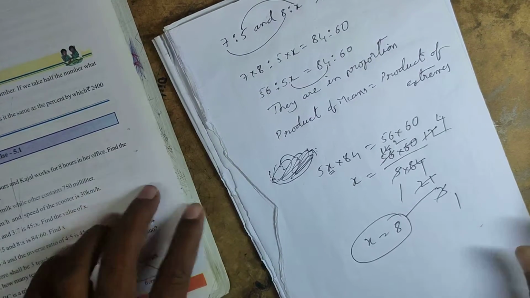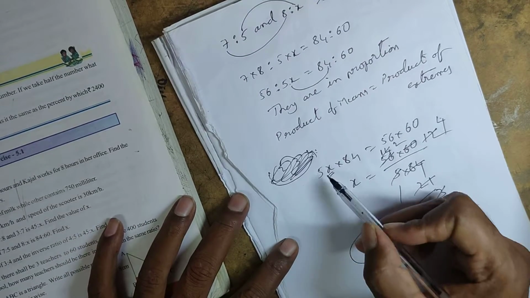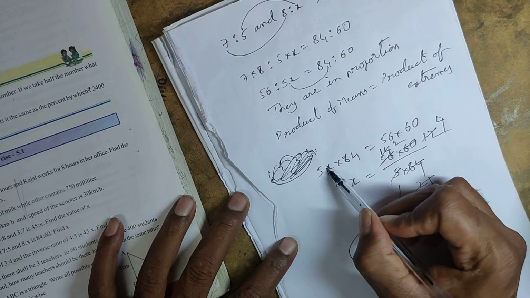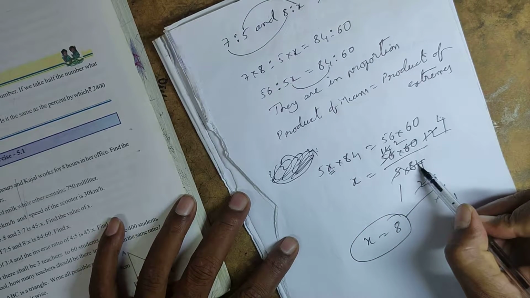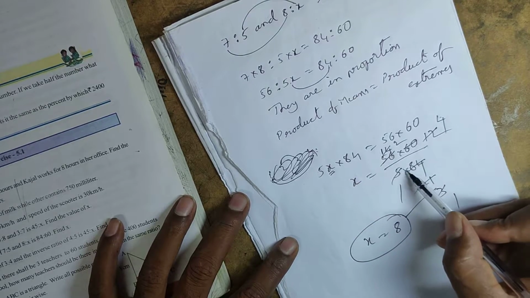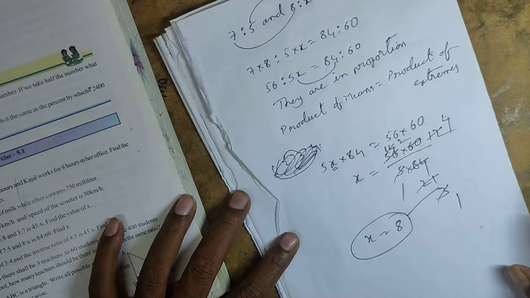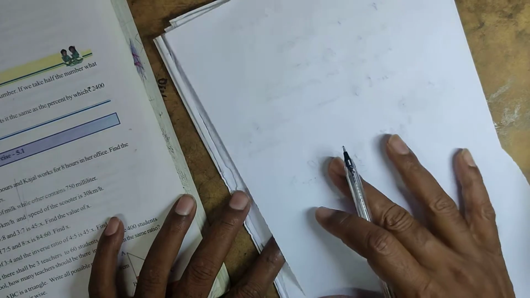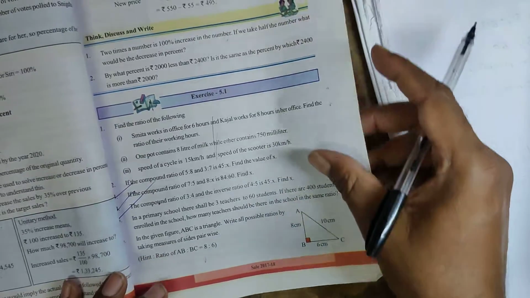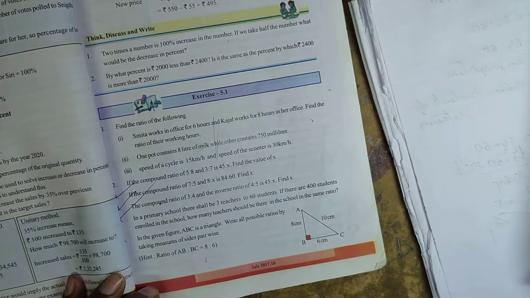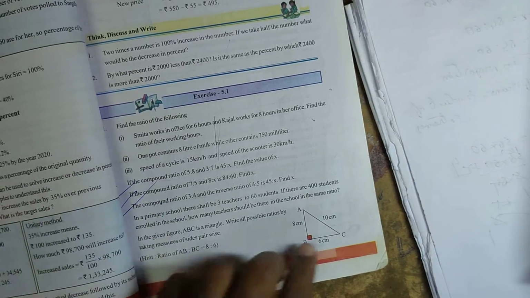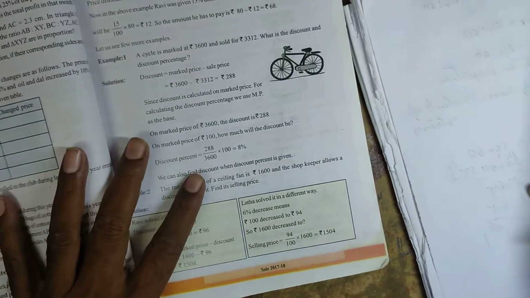Okay. Like this, you should know cancellations. 5x is 5 into x. Bring 84 to this side. 84 is multiplying to x, so 84 went to dividing quantity. 5 is also multiplying to x, so 5 also is divided here. It went to the denominator. So like this, small simplifications you have to learn. Now, so possible ratios, this entire thing you just have to see.